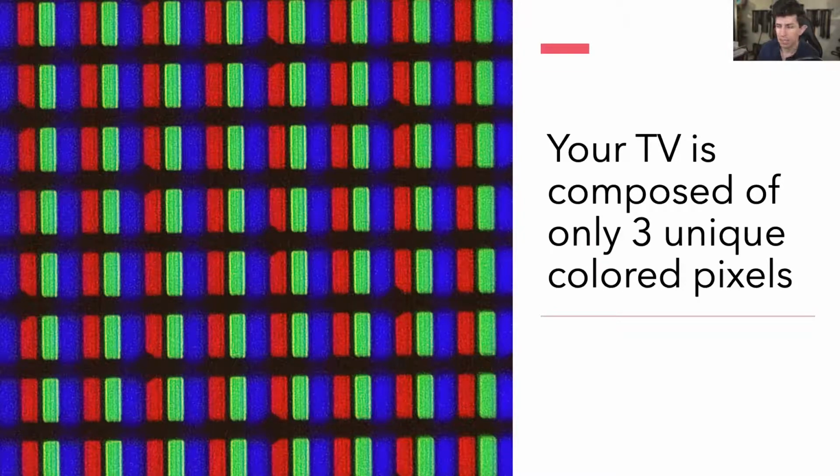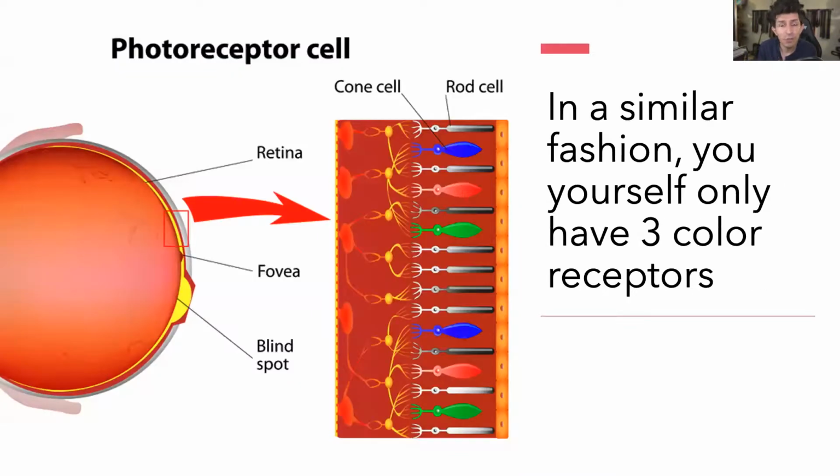That is it. And so that might be bizarre because it's just like, what? There is no physical yellow, but somehow these pixels can fool our vision into assuming that there is yellow. And so this leads to the analogy of something that also produces this same pattern, and that is our human eye. If you go to the back of the eye, you have something called the retina. The retina is a thin layer of cells, and within these cells, you have two specific types, but we're only going to focus on one called the cone cells.